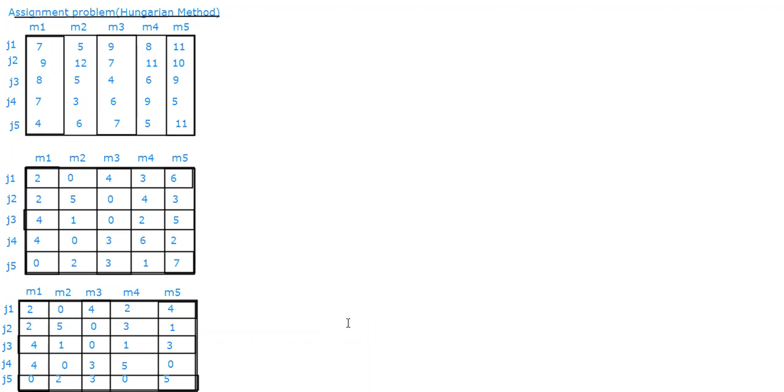So first of all, I should assign the zeros, no? So I said zeros are important. We have to assign zeros. So I have not yet assigned zeros. Now what is the condition before assigning each zero? Once I assign one, we should not assign another zero again in this column or in this row. That is a condition.